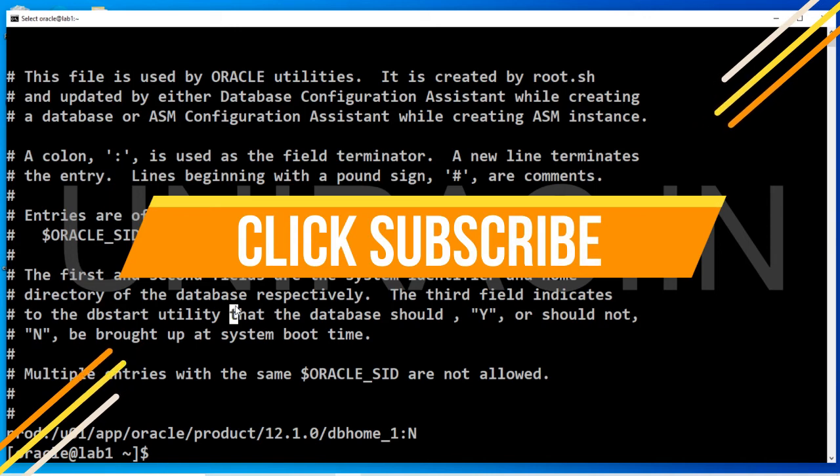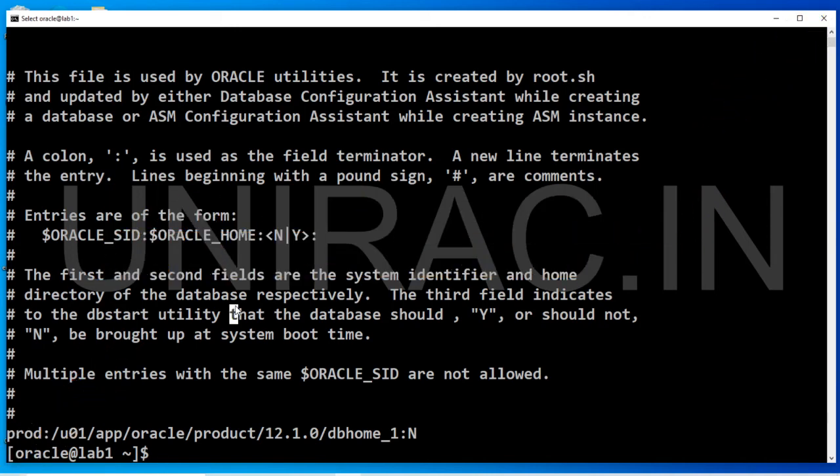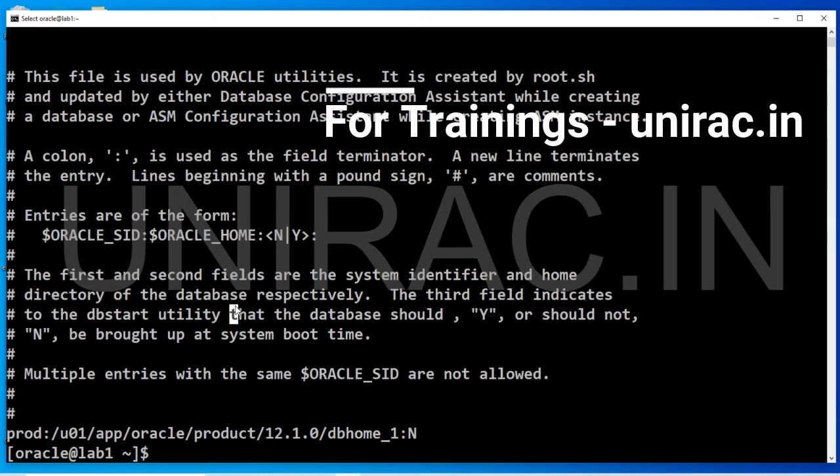We may sometimes miss adding this entry, but still, how do we confirm whether the database exists or not? From oratab we can confirm only one database, prod, but we still need to confirm whether we have a test database on this box or not.